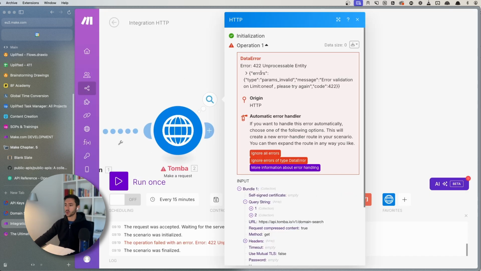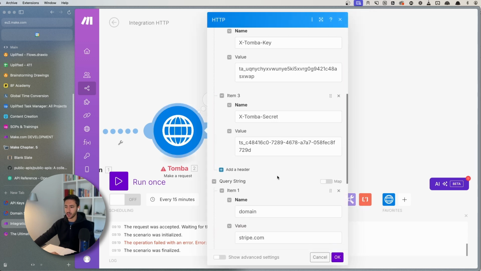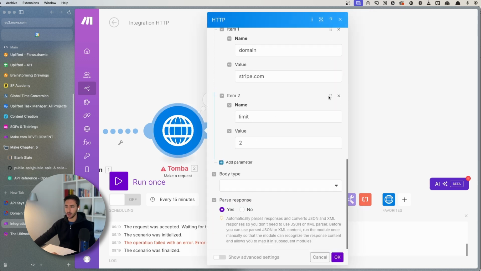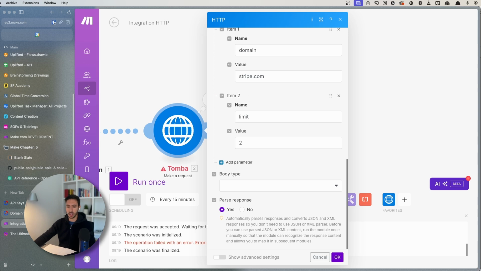So after the test, we got a data error over here. You will see plenty of those if you are trying to play around with this. And it seems that the error is related to limit over here, the actual thing that I tried to add on top of it. So here we can take two approaches. We can go back to read the documentation correctly over here, or we can remove the limit. So in this case,